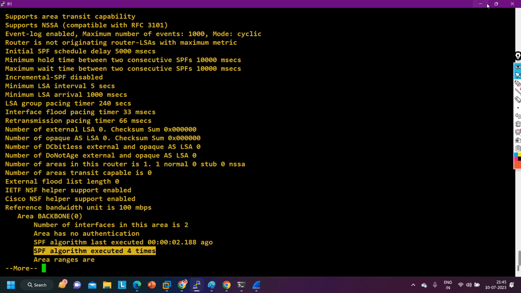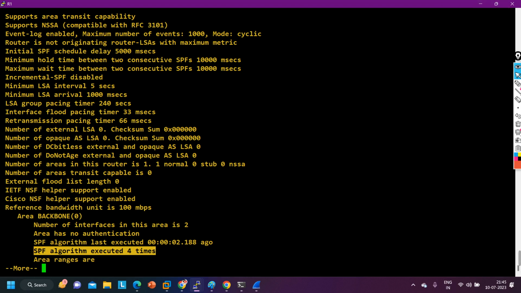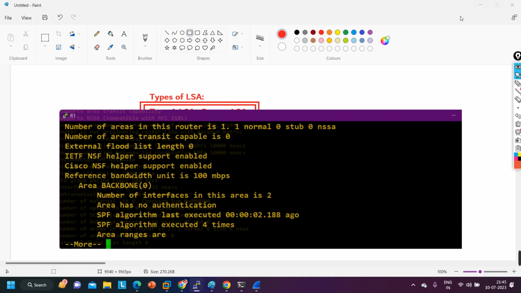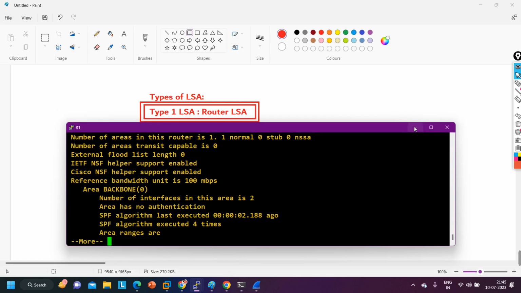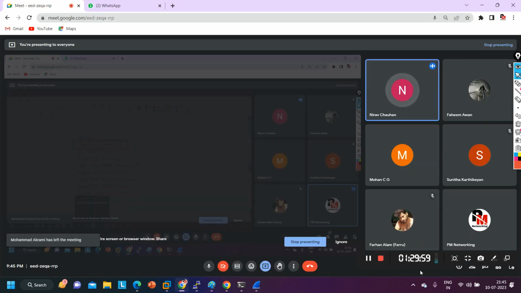And as you know, whenever a router performs the SPF algorithm, it uses CPU. So in the upcoming days you will understand how we need to reduce it as well. We need to take care that the router should not run the SPF algorithm again and again. For that only, hierarchy